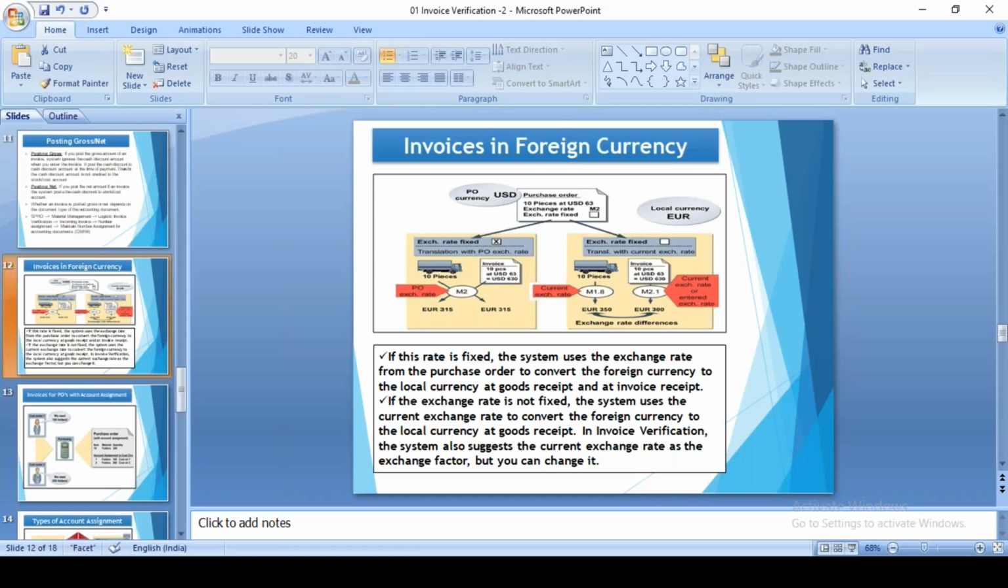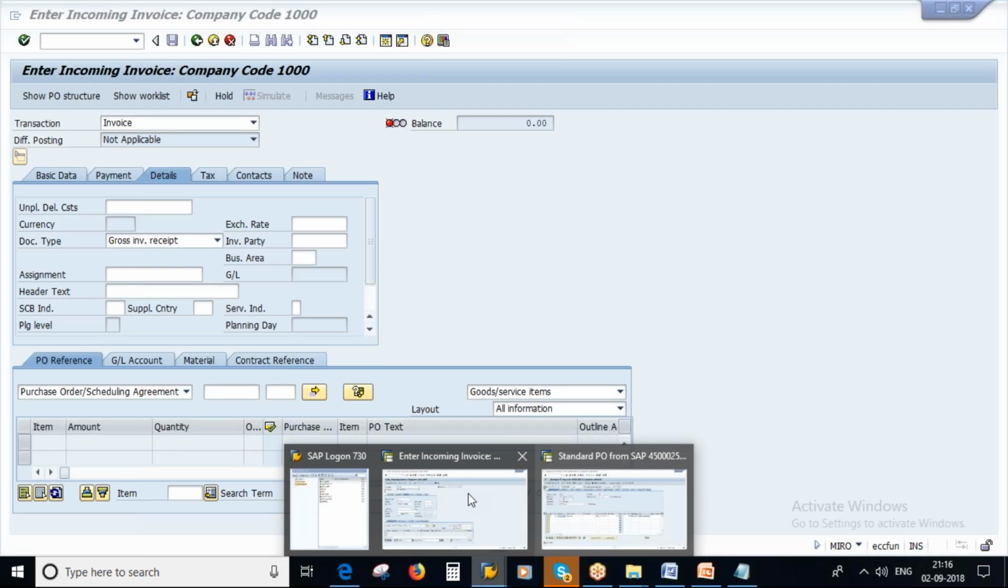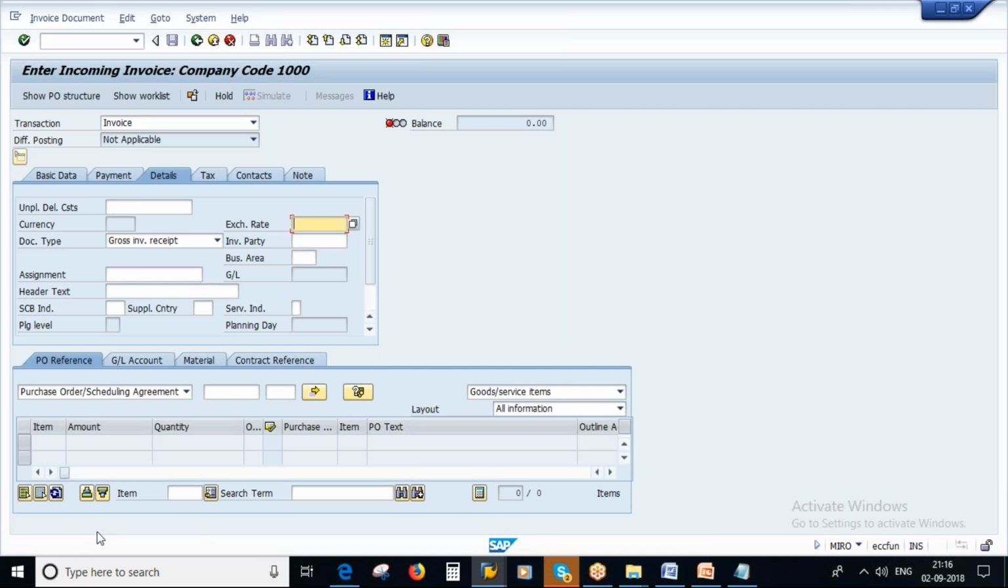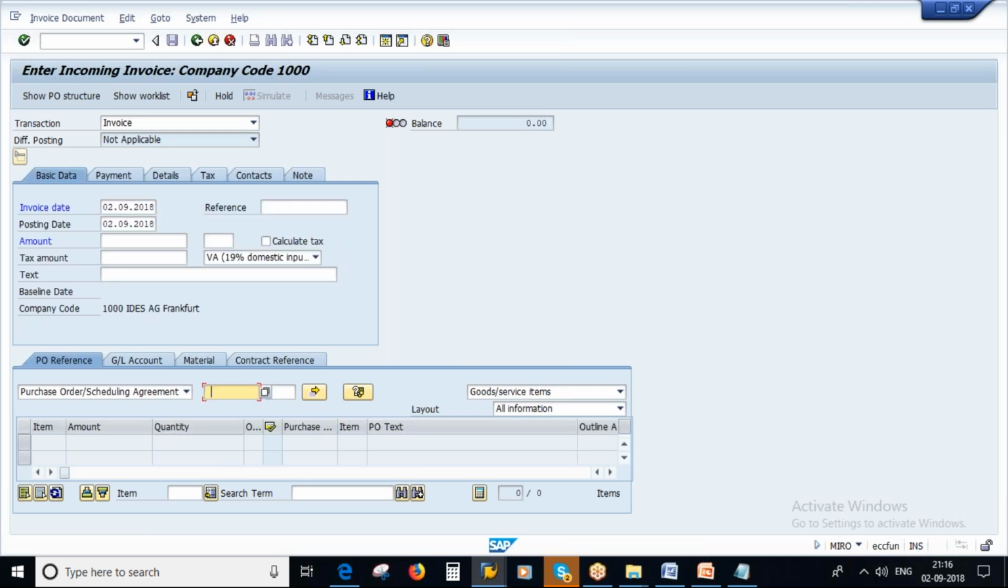So now you see, when I try to enter the different exchange rate, what kind of messages you will get. Let's say I'll enter exchange rate like 1.66. I entered it, enter, go to basic data, date entered, I'll enter the PO. Now I entered an exchange rate different from the PO exchange rate. You see what we